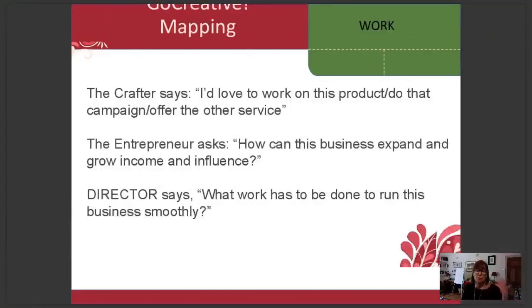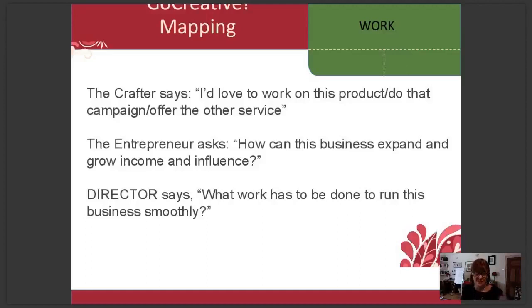Similarly, when it comes to the work to be done, the crafter thinks, I love making my stuff, and that's what the work of the business is. The entrepreneur thinks, how can we expand this business? Our work is to get out to as many people as possible, to grow our income, to grow our influence.